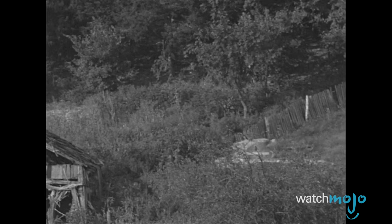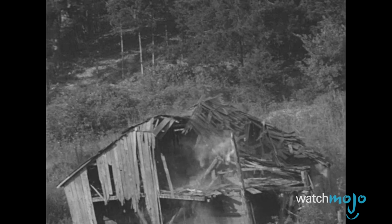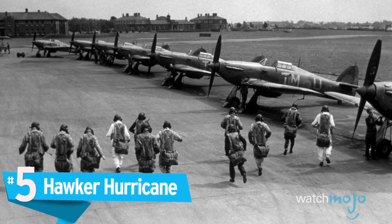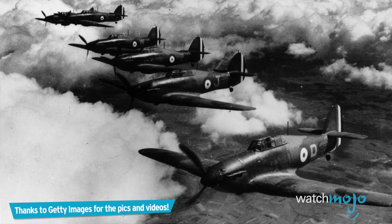What the Sherman lacked in firepower, it made up for in speed and mobility, including a duplex drive version that allowed the tank to travel in water while keeping the turret above sea level. Number 5. The Hawker Hurricane. Best described as a workmanlike aircraft fighter, this is the plane that helped Allied forces through the early days of